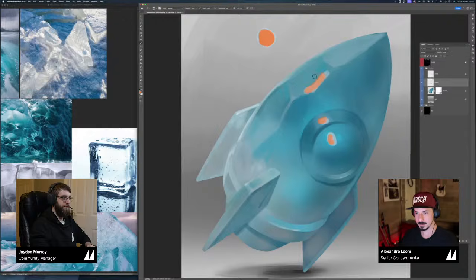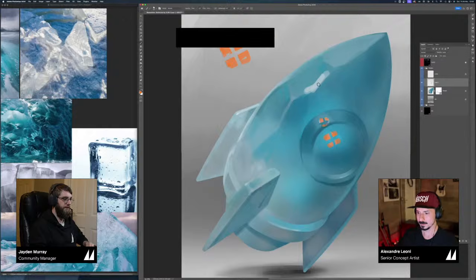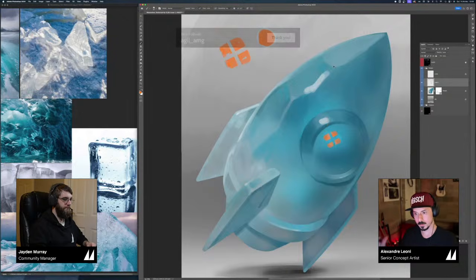Just the highlights, and of course, this is the reflection of the light source. For example, if the light source is a square, like a window, this would be window shaped, you know, like this. So this is a nice thing to think about: what is your light source,